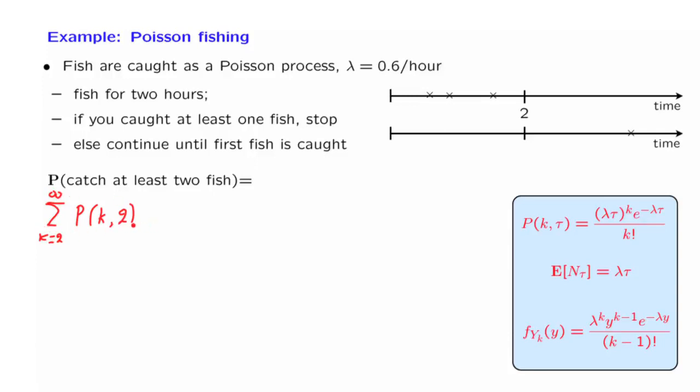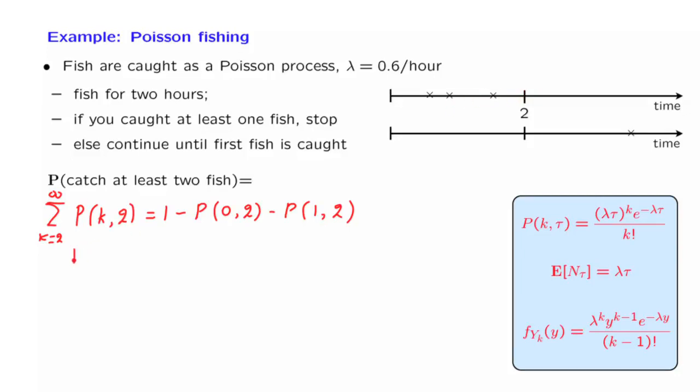So this is the probability that the number of fish caught during these 2 time units is at least equal to 2. And an alternative way of writing this expression so that we do not have to evaluate an infinite sum is 1 minus the probability of catching 0 fish, minus the probability of catching 1 fish. If we were to write this in terms of arrival and interarrival times, we will catch at least 2 fish if and only if, by the time we stop, which will be time 2, we've had 2 arrivals, which means